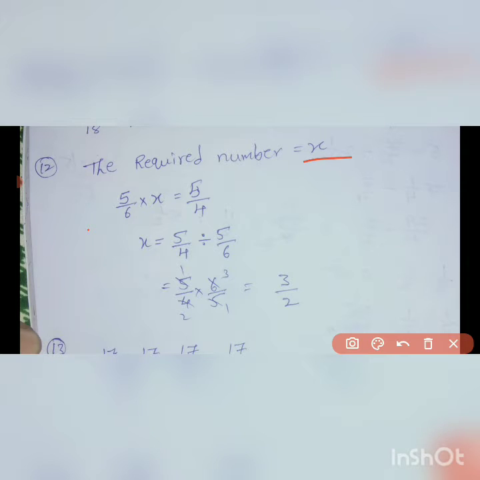So product of two numbers. One of the numbers is 5 by 6 and the other number is x. Product of these two numbers equals 5 by 4. Then x equals 5 by 4. Here it is multiplying. If we transpose to the right side, it makes division. It will become division. 5 by 4 divided by 5 by 6. So then 5 by 4 divide will become into and reciprocal of the second fraction, 6 by 5. 5 gets cancelled. 2 2s are 4, 2 3s are 6. The answer is 3 by 2. Okay.